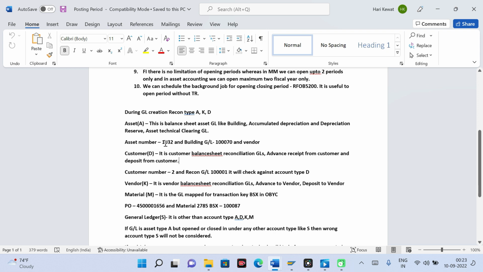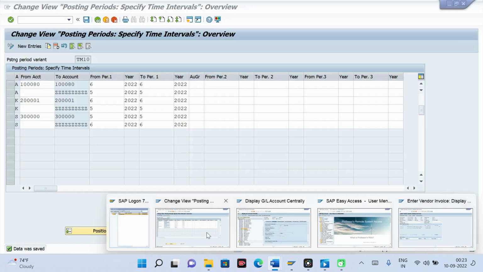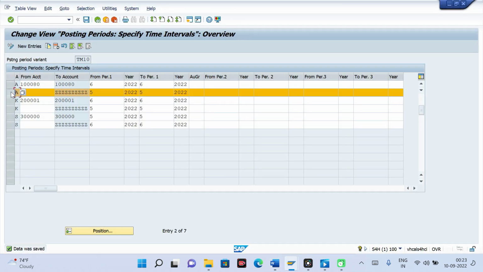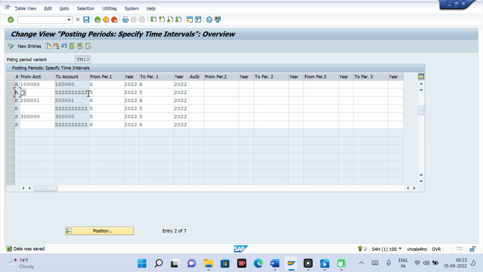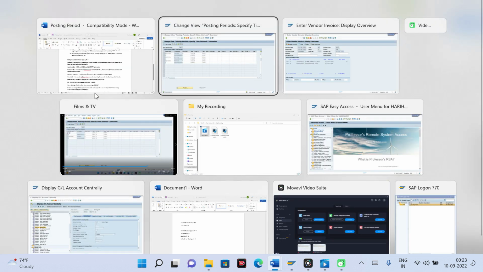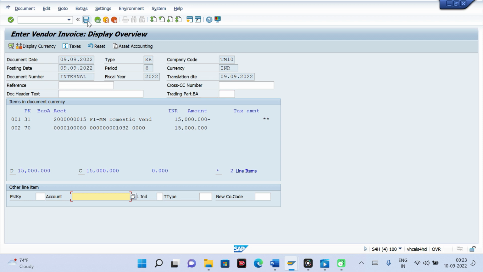My building GL is this 1070. Sorry, let me check here. For asset, this is my technical clearing. The other asset is not open. It should throw me error for sure. So let me post it. During posting it might throw error.